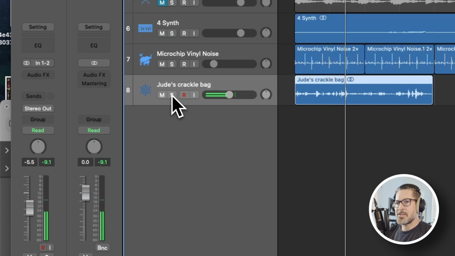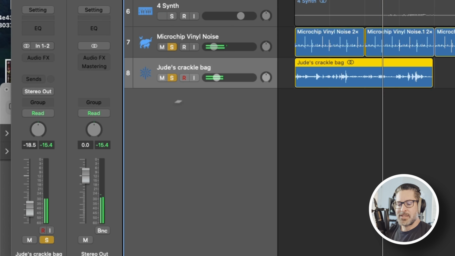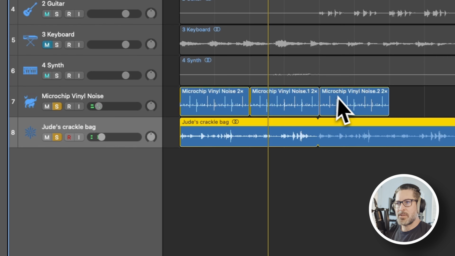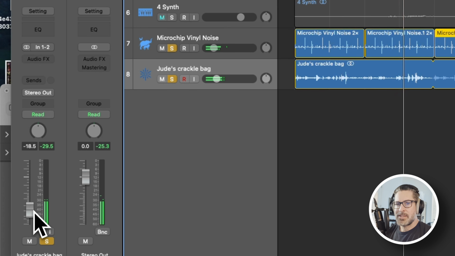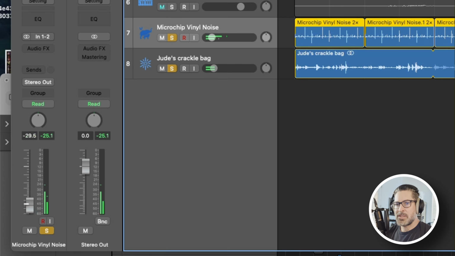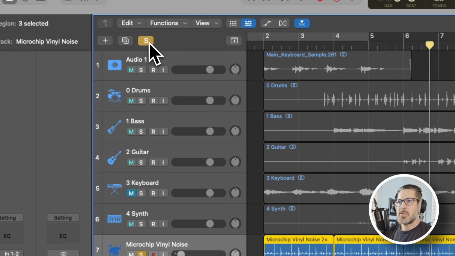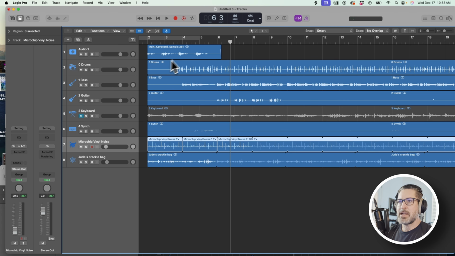So I thought, wow, that sounds like a little bit of a vinyl loop. So together, I can loop those out and have those going. I like to mix them real low. Okay, so that's a way to get a little bit of a vinyl sound going in the background along with your track. So going back to our main keyboard sample here,